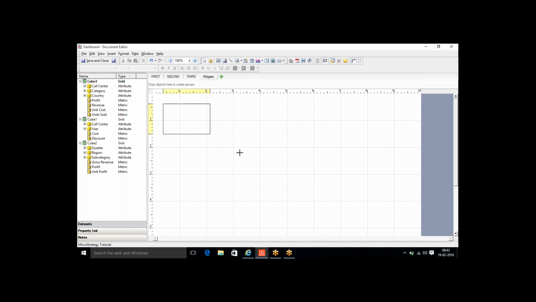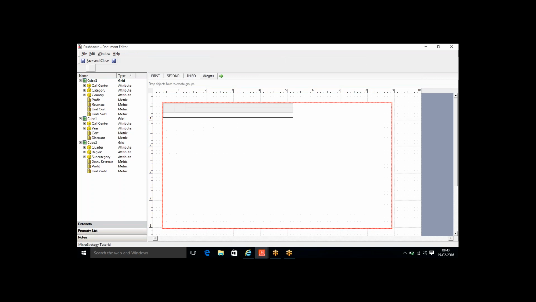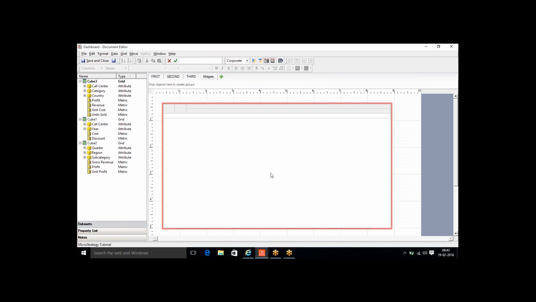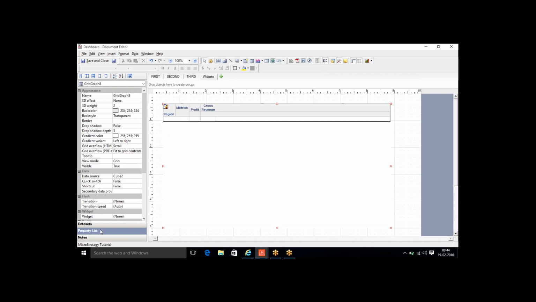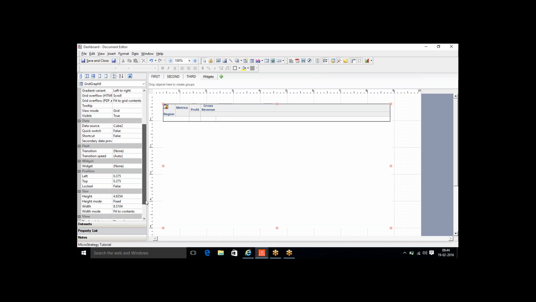I'm going to insert a new grid, and under this, let's say I add region, and I add metrics, that is profit and gross revenue. Let's say one attribute and two metrics, and I display this as a different widget, which is,